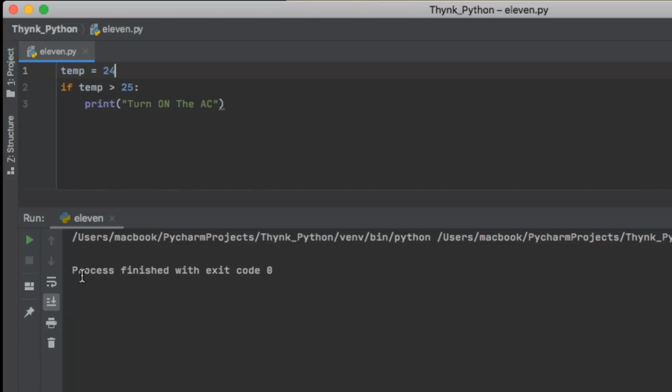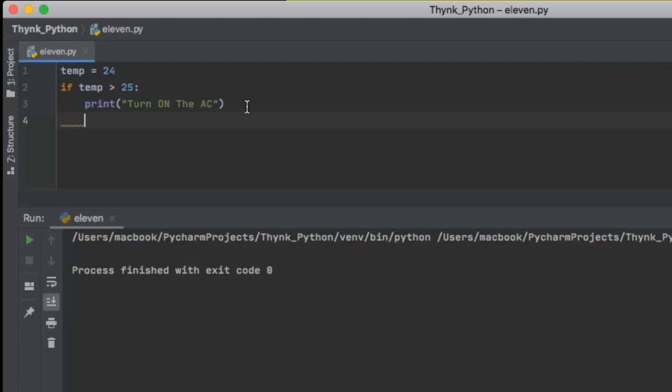But this is not looking good to me, that if a user is entering a value which is below 25, no message is seen at the output. So for these kinds of situations, along with an if, we use an else. So how do we use an else? I hit enter. Now the else statement is not part of the if statement. It is an entirely different condition.